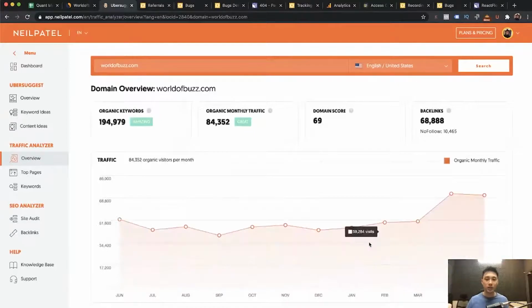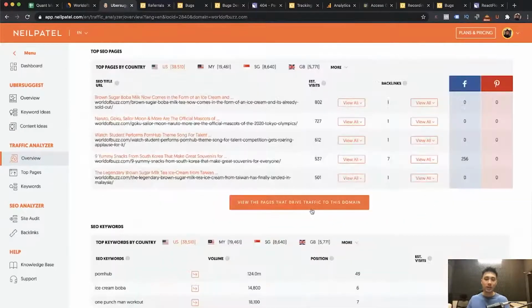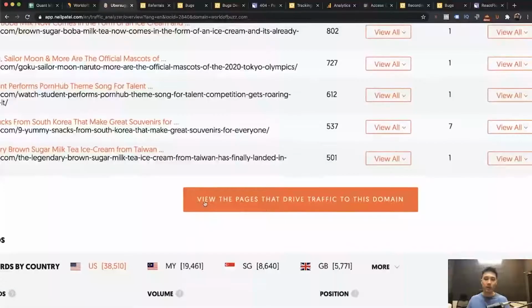So scroll down and click on the button called view the pages that drive traffic to this domain. Once you click on it, you will see a list of sites that are driving traffic to World of Buzz. I can't do this right now, probably my cookies are messed up. I would have to change it. So I'm going to skip this, but you try it on your own. Okay, so I'm going to move on to the next thing.